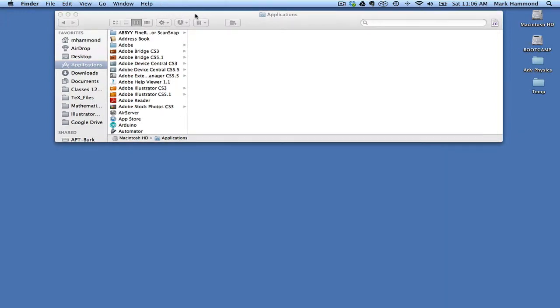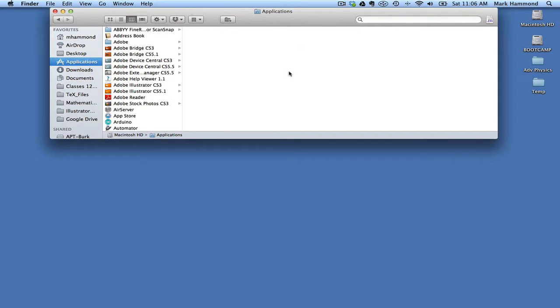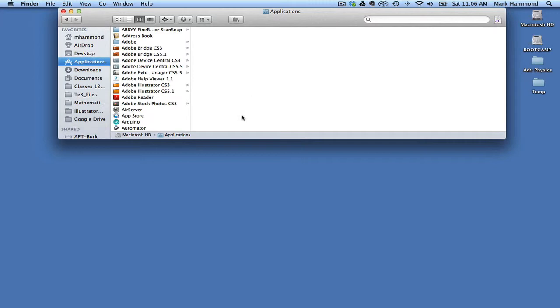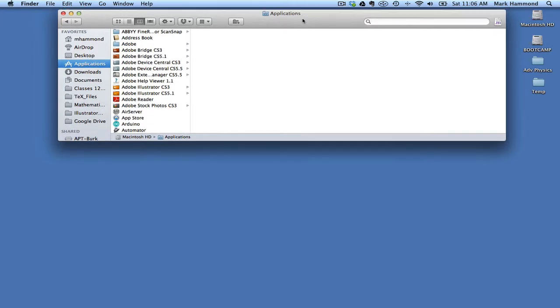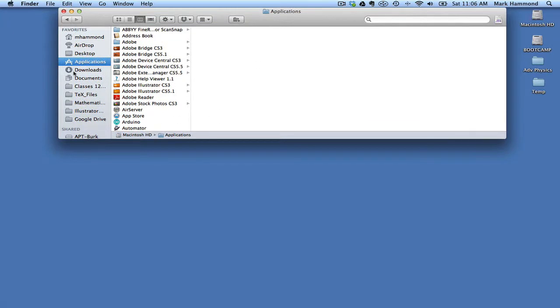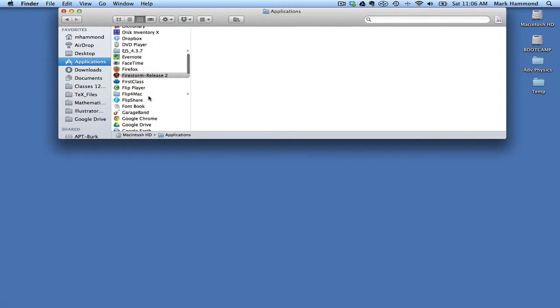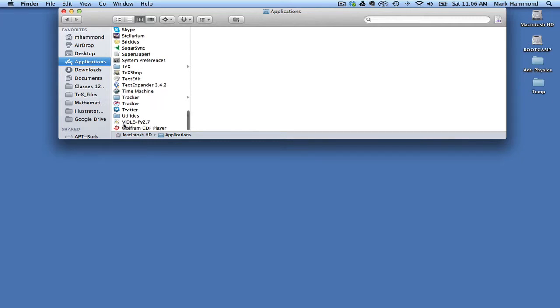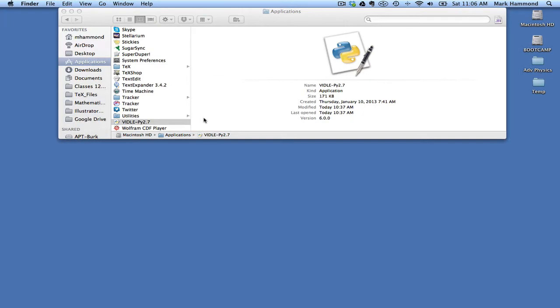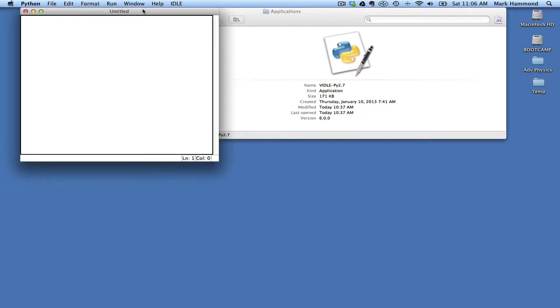Okay, now that you've got VPython and Python all loaded up and installed on your computer, we're going to step through how to test that installation and make sure everything's working just fine. If you go into your applications folder on a Mac or your programs folder on your Windows machine, and you scroll down and look for something called VIdle-py 2.7. VIdle is the program in which you will write